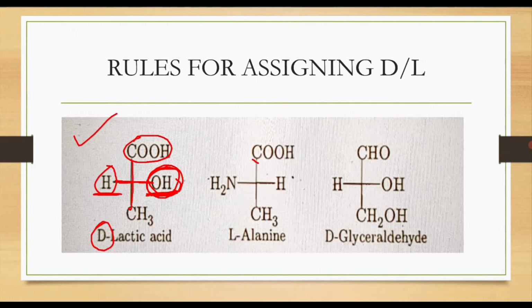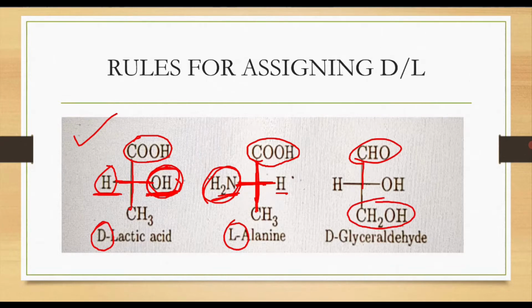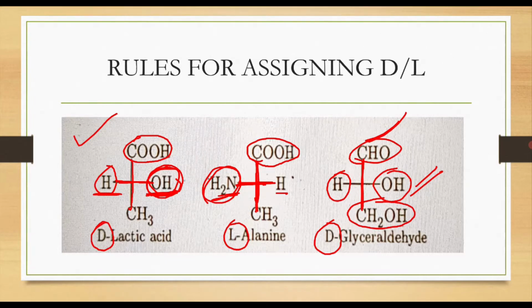So have a look at this example. COOH is upper and the longest carbon chain is vertical, that means it is in proper Fischer projection. And for the remaining horizontal groups, here NH2 gets higher priority than hydrogen. This is on the left side, so that's why it is L-alanine. Next one, here CHO, CH2OH. The longest carbon chain is vertical and the highest oxidizing group is upper, so it is in proper Fischer projection. Then the remaining groups H and OH, OH is higher priority, that means capital D. So in this way, we can assign capital D and capital L nomenclature to any compound by converting them into Fischer projection. Hope it is clear to you all.